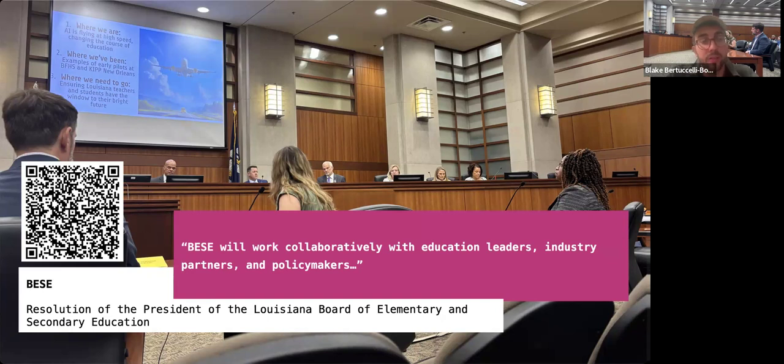But Louisiana is doing it at a statewide level. The governor, the president of the school board, so many folks are on board with this, and not only saying they're on board, but pushing forward resolutions like the one linked here, that really push collaboration outside of just working in an insular school board. And this is why I'm so excited about Louisiana and why I've been paying so much attention to it.